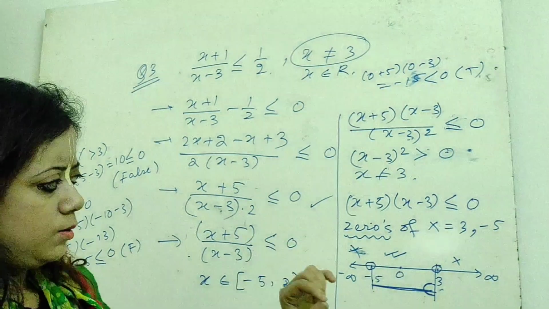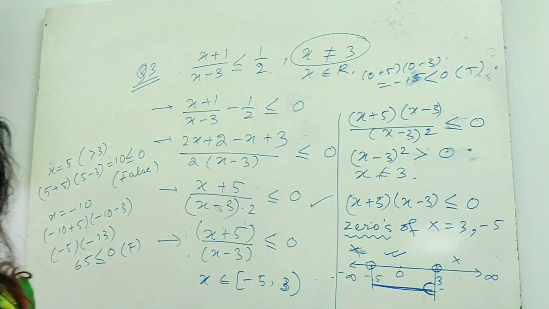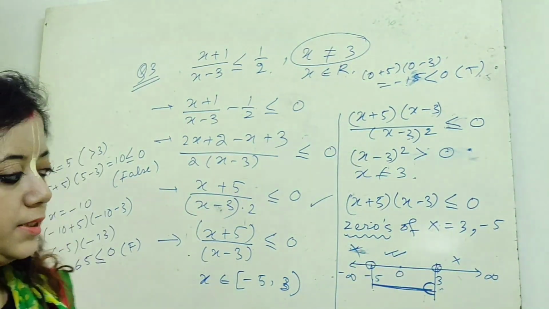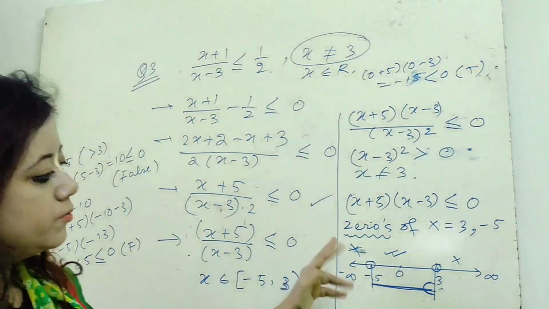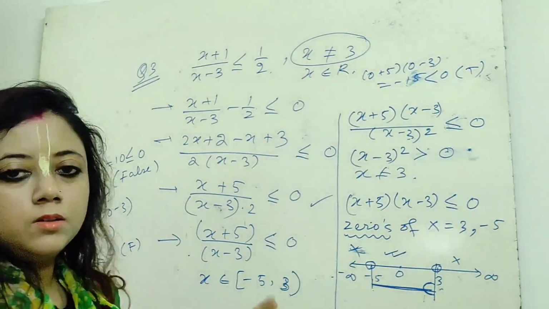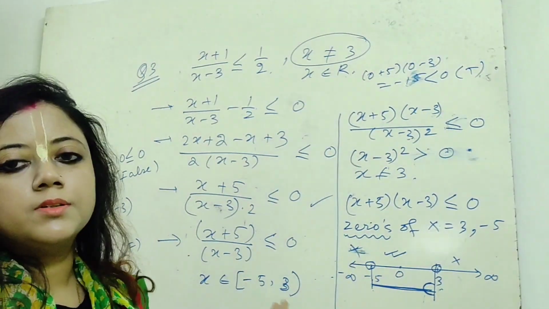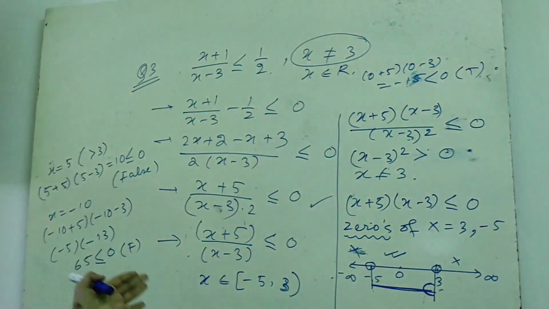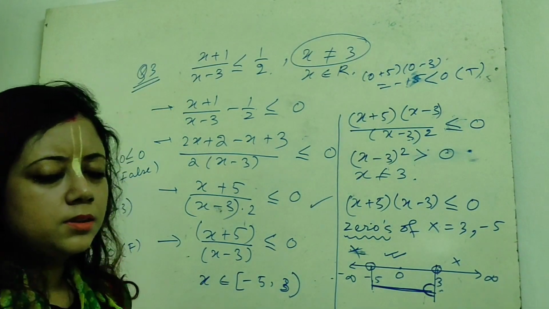First I have to point out the zeros. Zeros means for what values of x the expression becomes 0. You can say it roots, the roots of x. I have plotted this on the number line. Then I have divided the whole part into 3 parts: first part, second part, third part. I have checked the first part, it will not satisfy. I have checked the third part, it will not satisfy. It must satisfy the second part. You can also check the second part directly. So the solution is x belongs to third bracket minus 5, comma 3, first bracket.